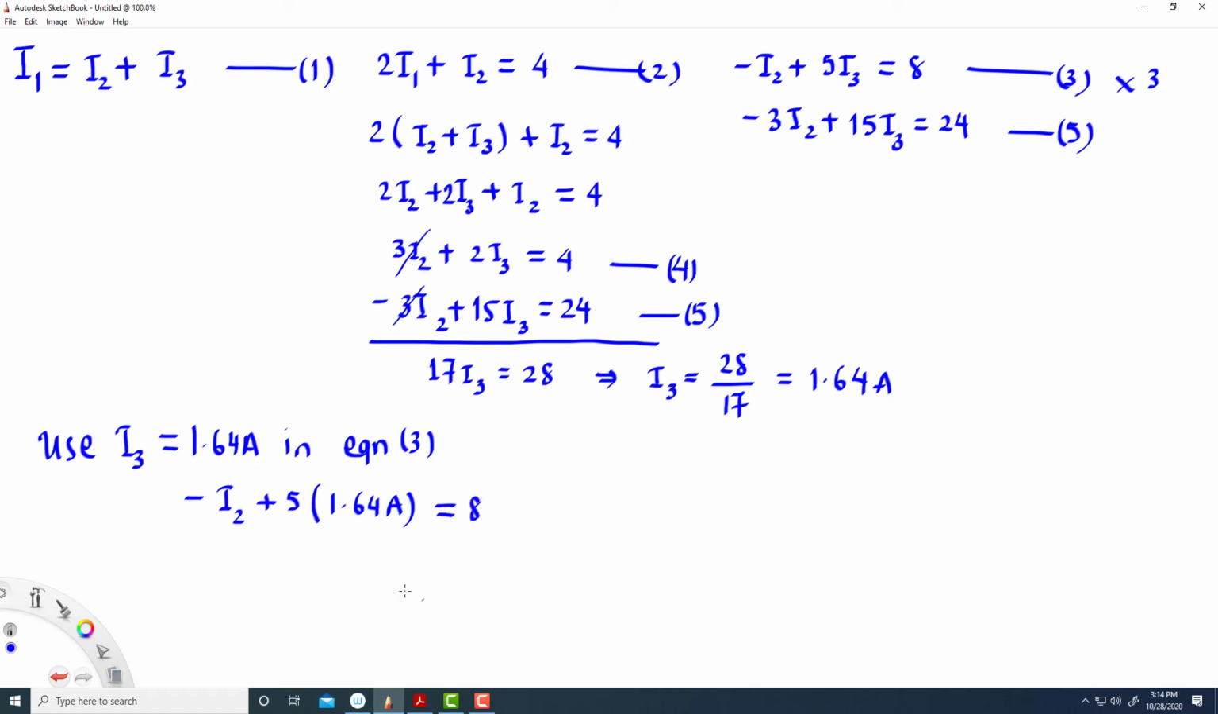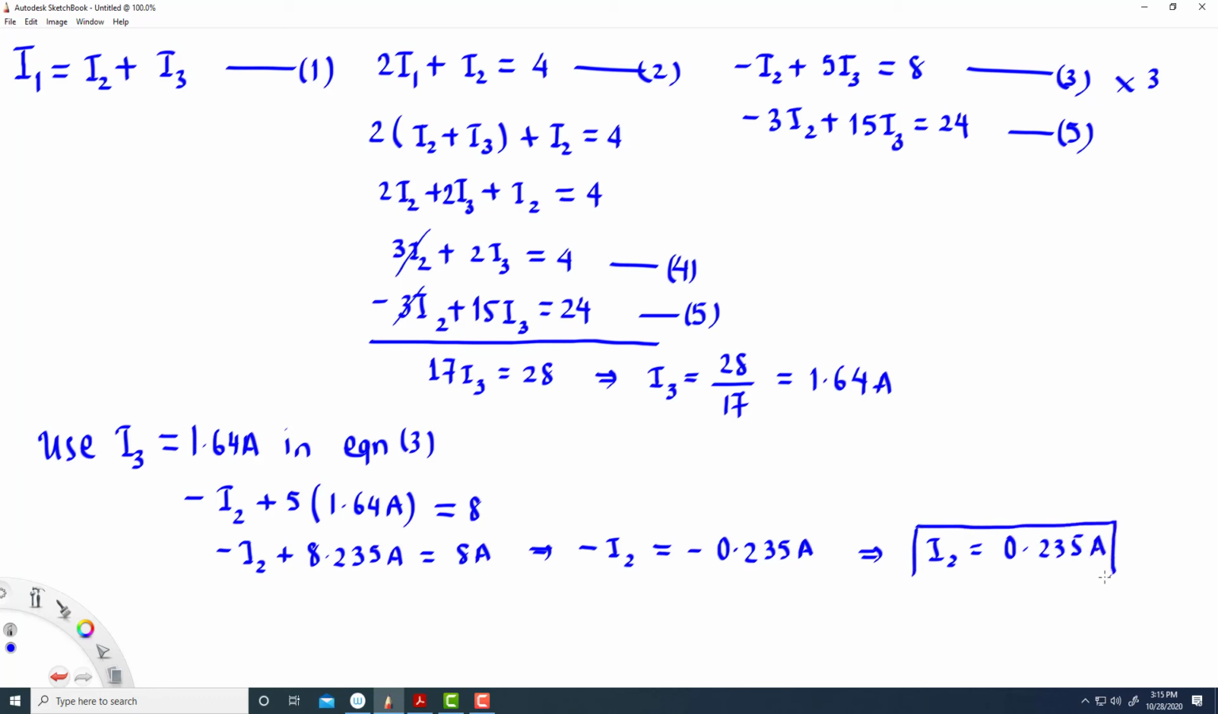That is equal to 8. So minus I2 plus 5 times 1.64 amperes is 8.235. Okay, that's 8 amperes. So that is minus I2 is equal to minus 8 minus 8.235, which gives me minus 0.235 amperes. So that is I2 is 0.235 amperes. Okay, that's I2. Now we still need to find